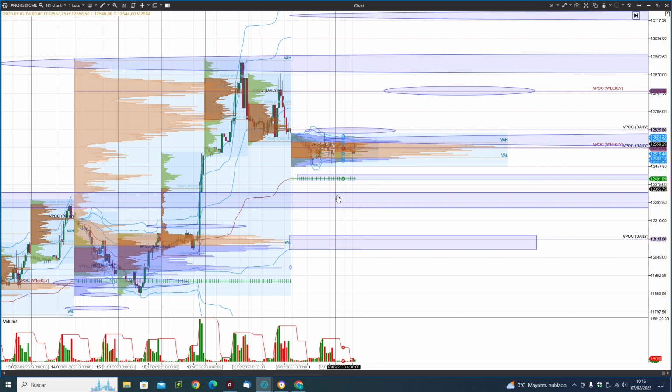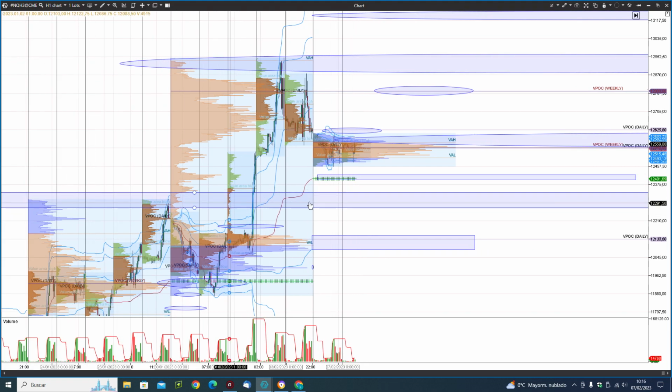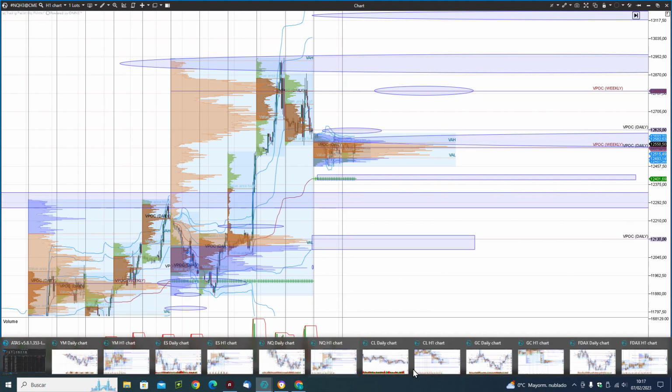12,403, and next point would be this price action zone from 12,334 to 12,270. Well, let's see